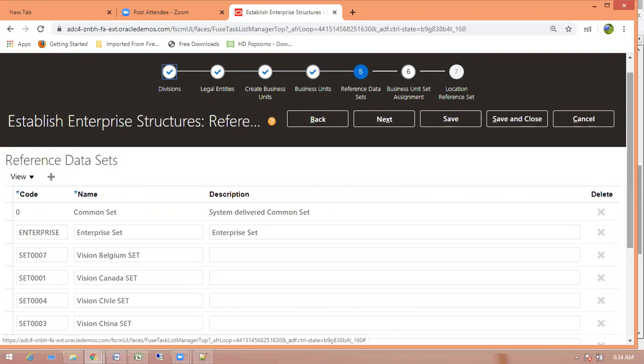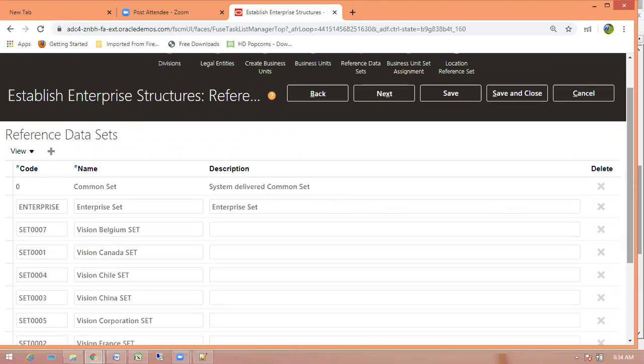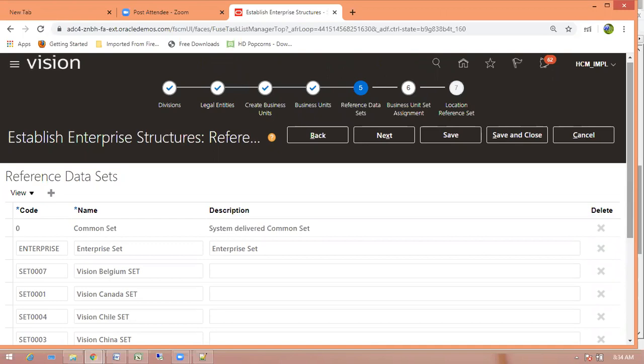I mean, there are so many things: enterprise set, common set, reference. Correct. But enterprise set is going to diminish. We are going to use common set, or you can create a custom one. You can go to the lookup and you can create and use it. Okay, custom set.